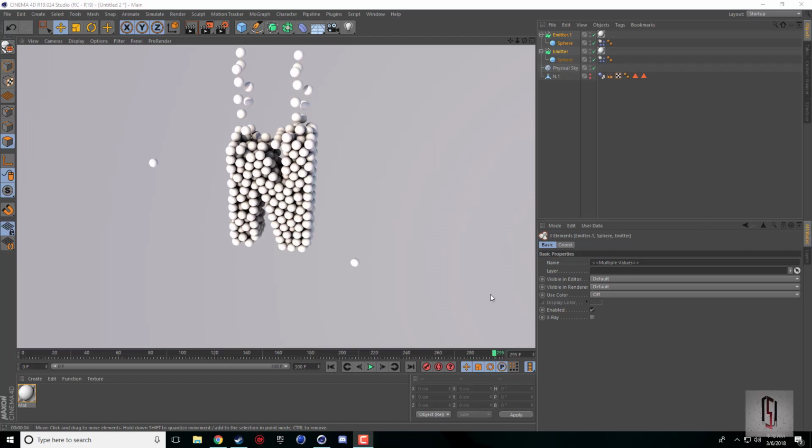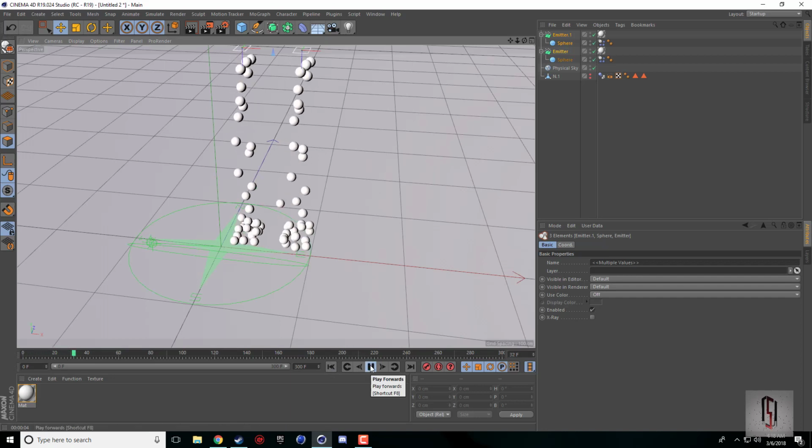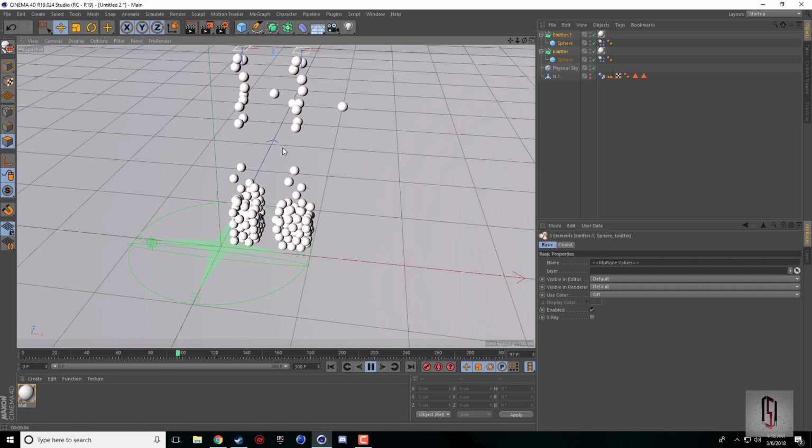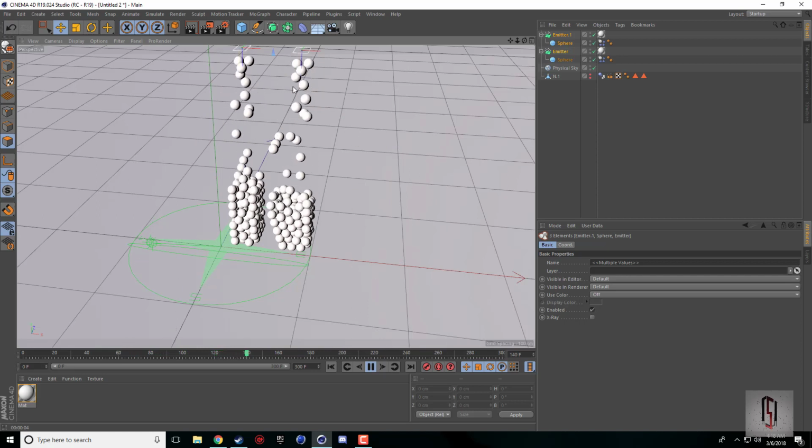Back for another Cinema 4D tutorial. Today I'm going to be showing you how to use emitter objects and some simulation tags to fill objects with different objects of your choice. So in this case I'm filling up a letter N with spheres, and this can be an animation. So if we go ahead and press play, as the emitters spit out the spheres, they actually take shape of